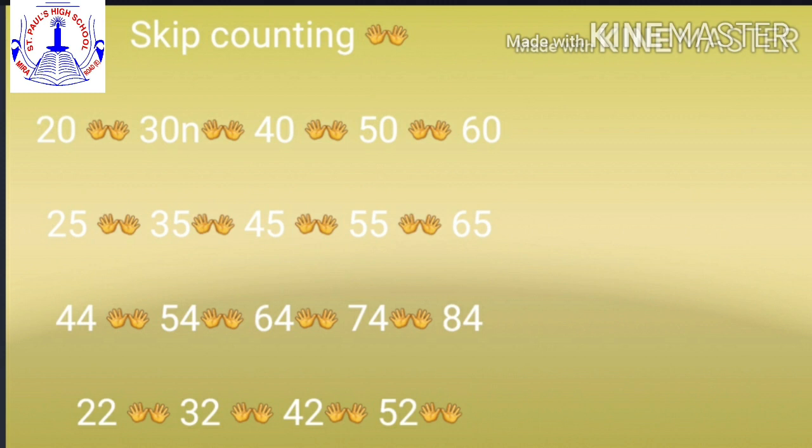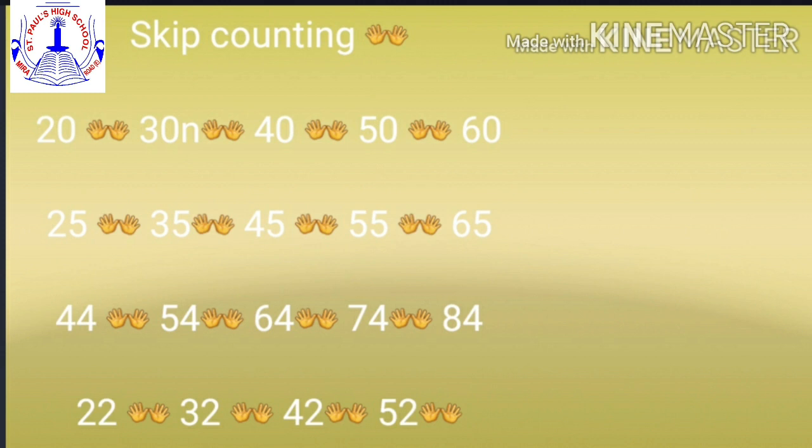Understood now? Come on. Now again I have changed the ones place number, children. That is, now I have written 4 in the ones place. So again same way, you don't have to change the ones place digit. Only tens place digit you have to change in skip counting 10. So now, which is the first number, children? 44. So 4 you will write as it is in the ones place, and after 4 which number will come? 5. So 5 you will write in tens place, and your number will become 54. You will write 54 as answer.